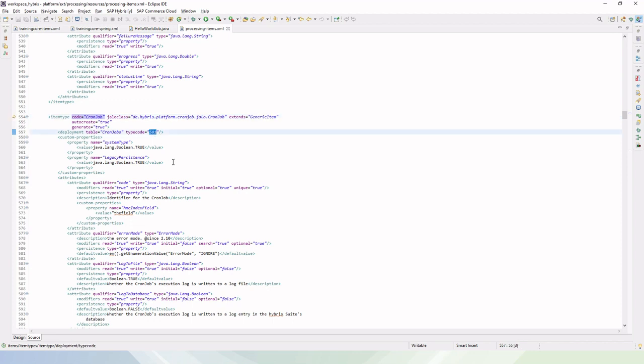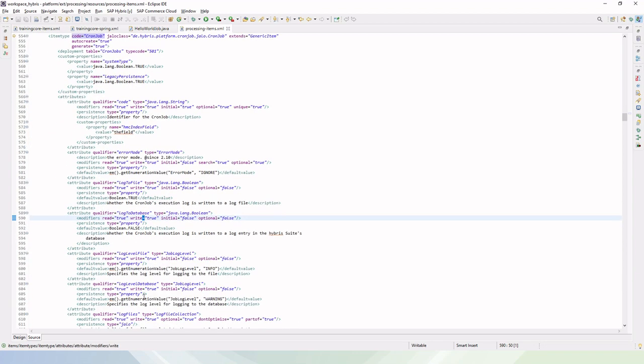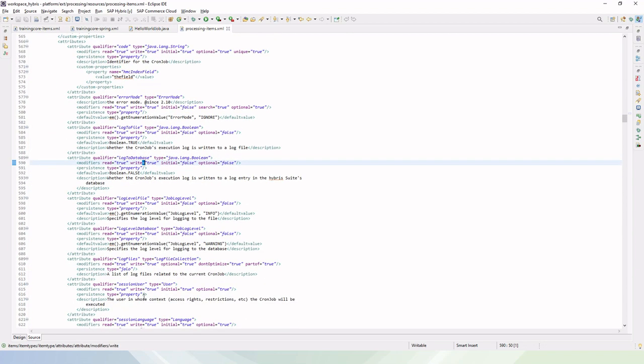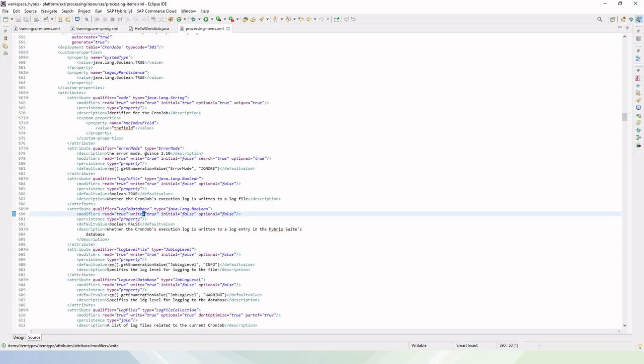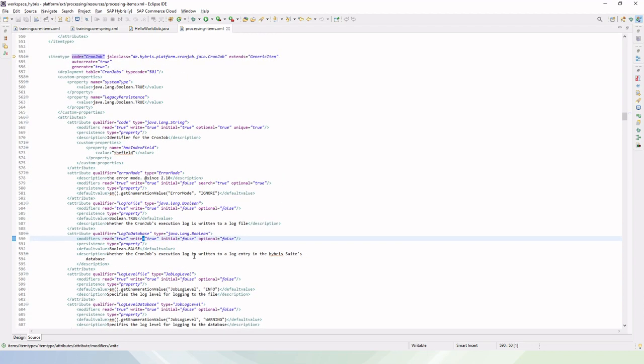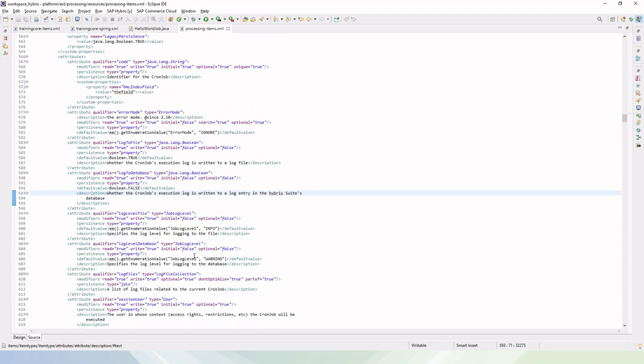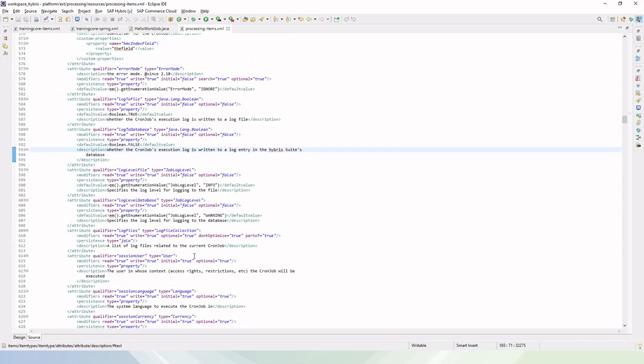Here we can see some of the attributes configured, like the code, error mode, log to file, log to database, right? So all the attributes that are defined for this cron job item type you can see here. And then there are some mandatory attributes as well.